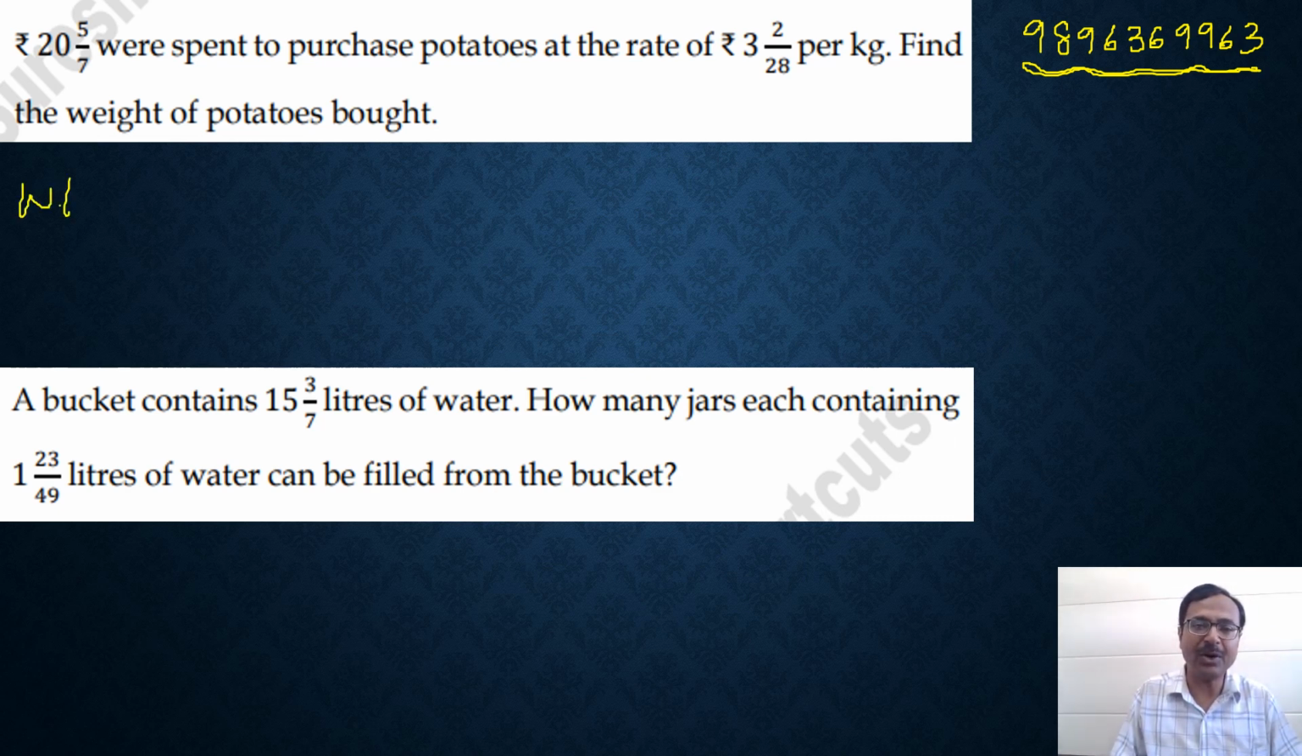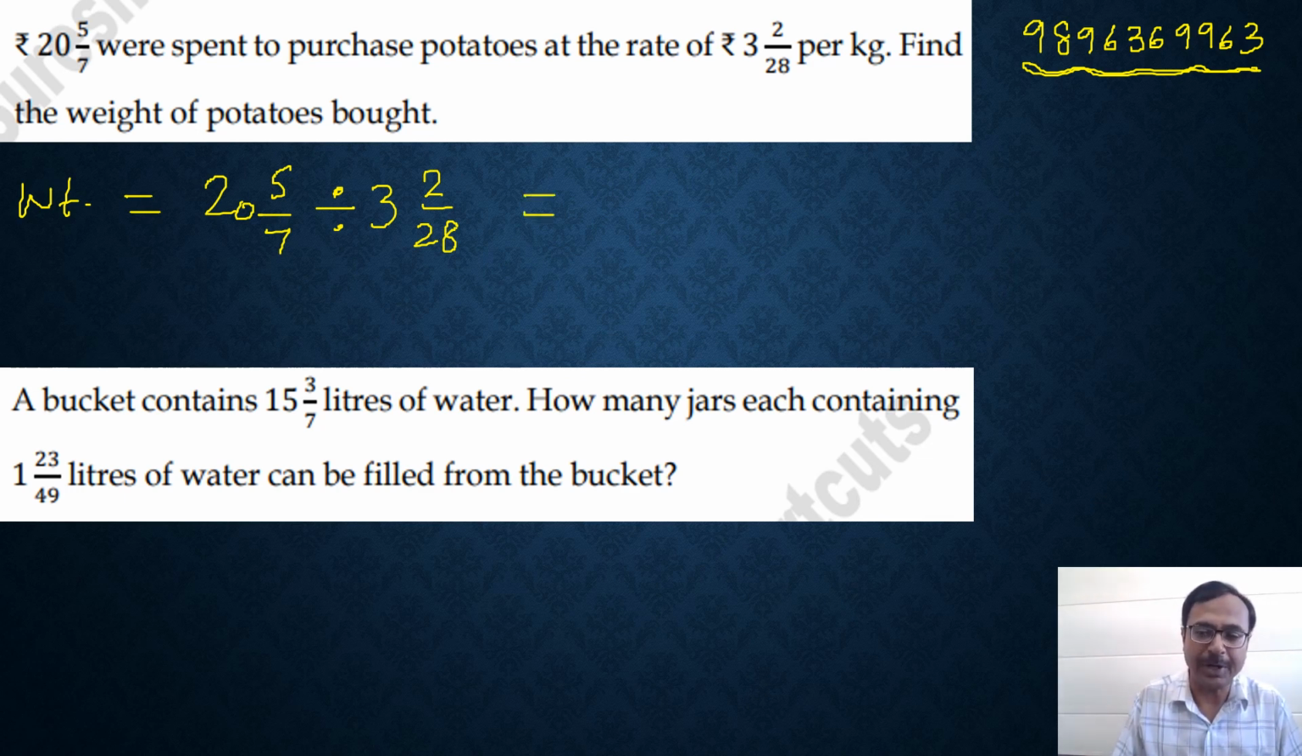The weight of potatoes will be 25 5/7, which is your expenditure on potatoes, divided by the cost per kg, that is 32 2/28. Now we need to divide these two mixed numbers, and that will give you the weight of the potatoes. How do you divide that? Convert that into an improper fraction. So 20 times 7 is 140, 140 plus 5 is 145. So 145/7 divided by